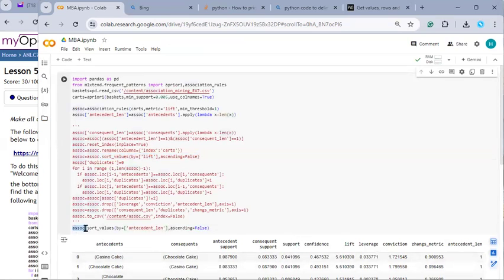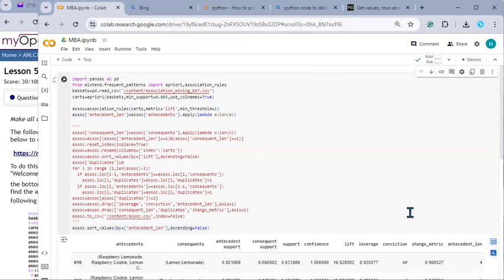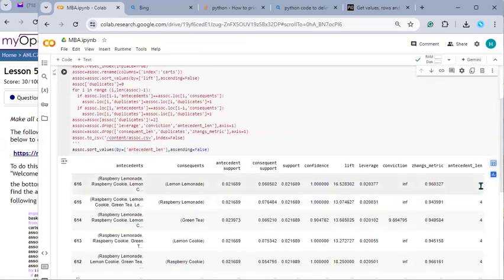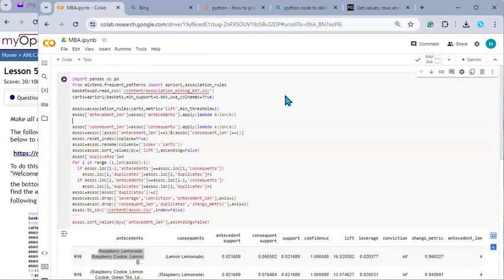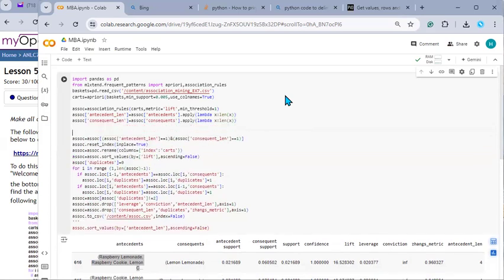So we're going to sort a soak by antecedent length, and we're going to choose descending. So let's push play. So why is this 4 here? This antecedent length is 4 because there are 1, 2, 3, and then there's a 4th product in the antecedent. Same thing's going to happen here,